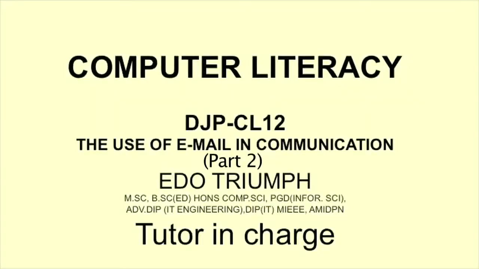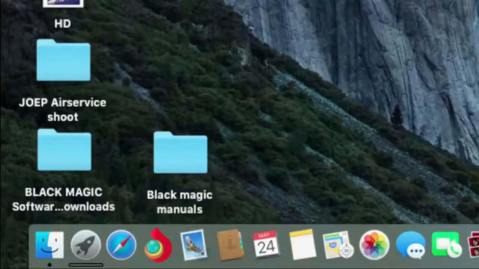Today we're going to have another lesson presentation taken from our course outline for the Diploma in Junior Primary, Computer Literacy 2. Today we are going to look at Unit 5 that discusses the use of email in communication. I want to show you how to create an email and how to work with an email practically from the computer. For you to create and send an email,